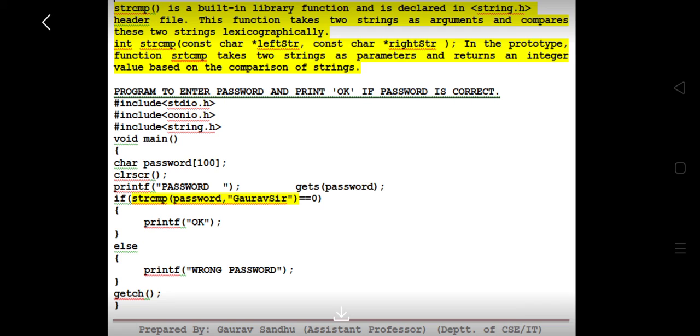Now if we get a result less than 0, this value is returned only when the first non-matching character in the left string has a lesser ASCII value than the corresponding character in the right string.